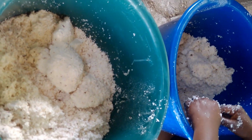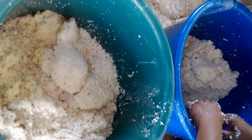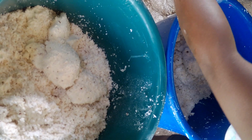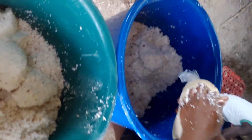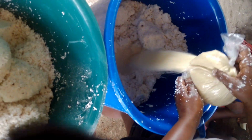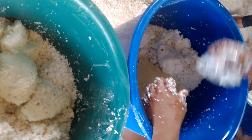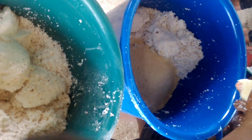During the time when the separation was taking place, that point where the gentleman had that piece of cloth where he was squeezing the liquid and separating it from the solid part. This is the liquid part that was separated from the solid. The liquid part is being used, containing starch also. It is going to be used to make the cassava bread. So this liquid starch,